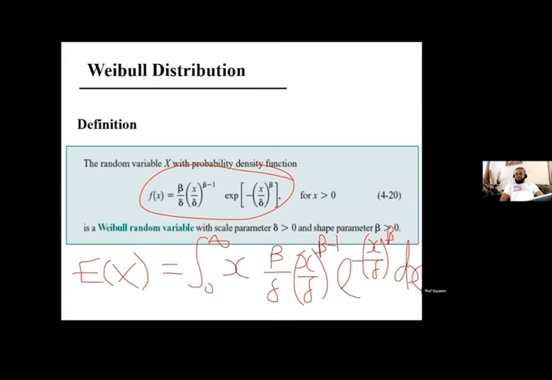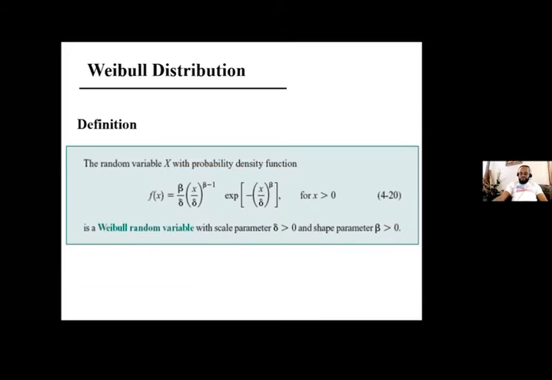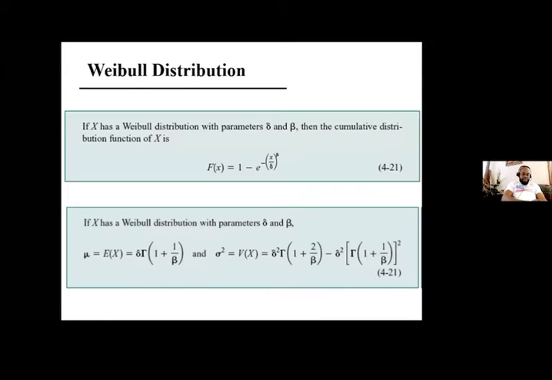So when you take the expected value of x and do what you're supposed to do, you're actually going to derive the mean of a Weibull distribution. And you know what? The mean is actually right here. You can try that and see whether you're going to get that. But if you want to try that, you're going to make use of the gamma function. If you follow what I did yesterday, use the substitution method. From there, you're going to find yourself where you're going to use the gamma function.